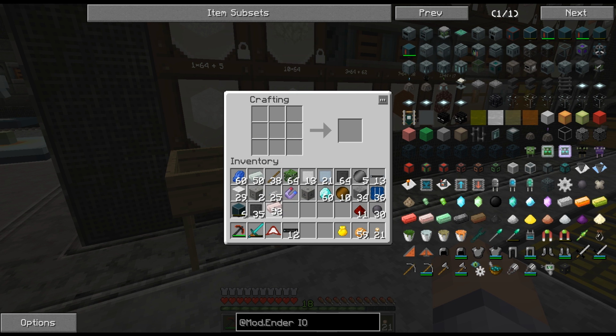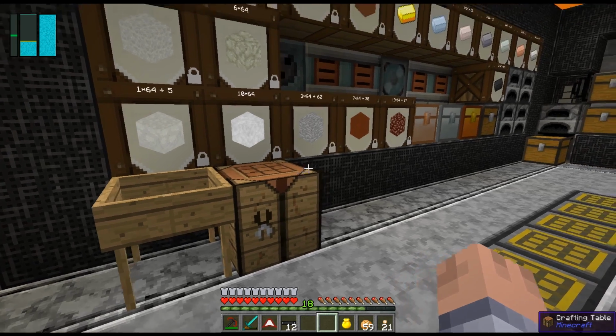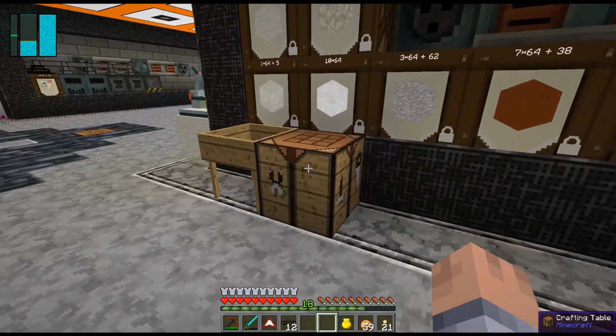Because wool, I need double wool to make these guys right here, the recipe. You need to put another wool and another aluminum ingot, so I would need more. So I'll just make those on the go. I have a few wool left, I think. Well, 19 actually. Let me take those with me. Okay, so we should be fine, but...